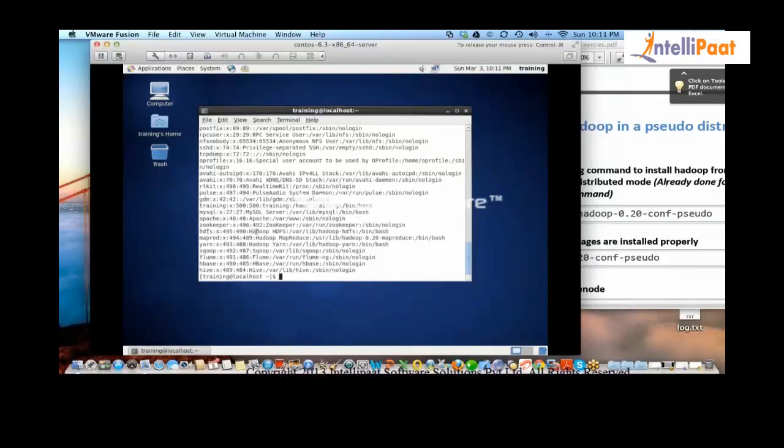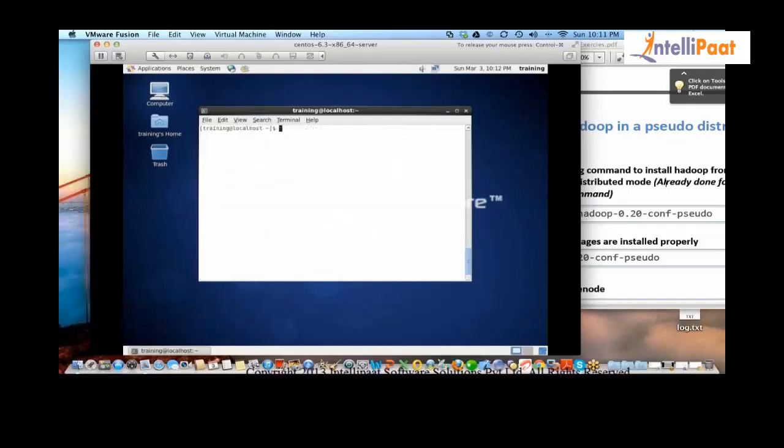HDFS belongs to the group hadoop. MapRed belongs to the group. There's HBase. Yeah, those are other services that are there. As we see this hands-on, you will see that these users will come into play automatically, but you'll always be using mapred and HDFS. Each and everything is a separate user, like HDFS, Hadoop, MapReduce. Hadoop is a group.